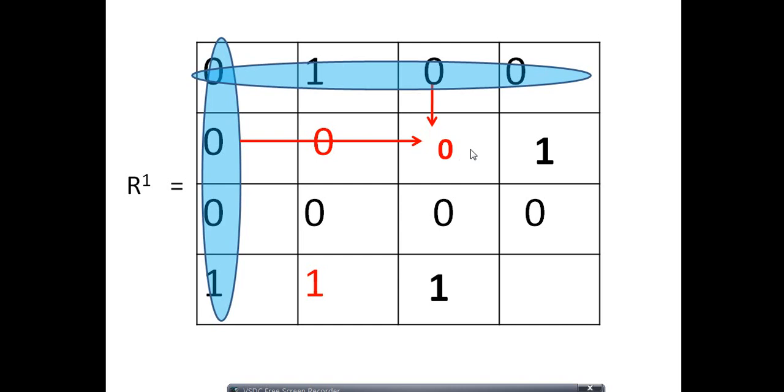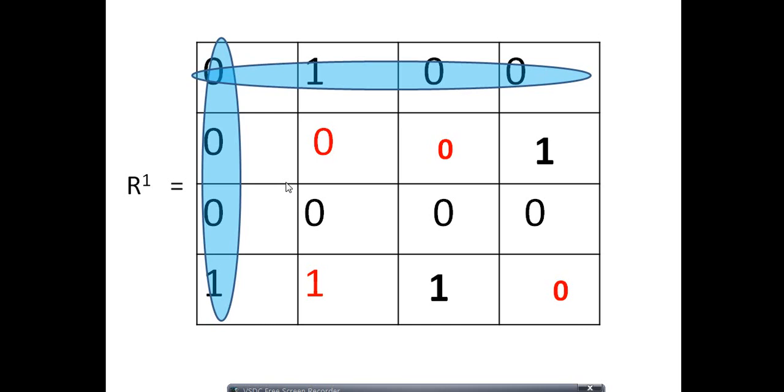0 and 0 means 0. By applying this you will understand the exact meaning. Okay, 0 0 0. Now we have to calculate this one. What is the value here? See, the previous value is 0 and here the previous value is 1. So 1 and 0 means 0 only. See here, 0 and 1, so the value is 0. Okay.